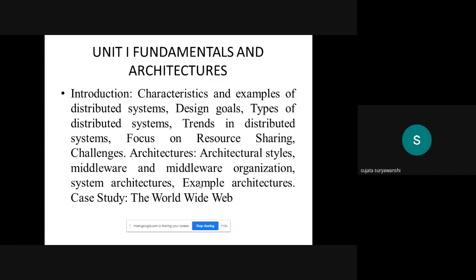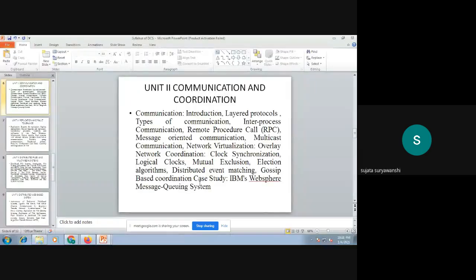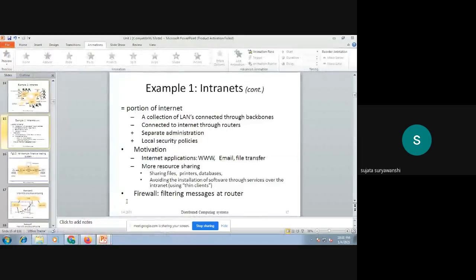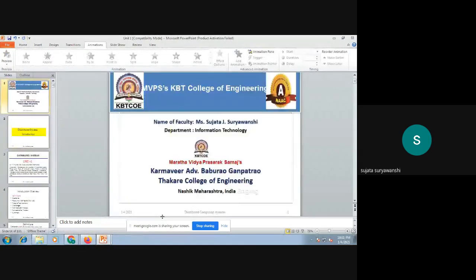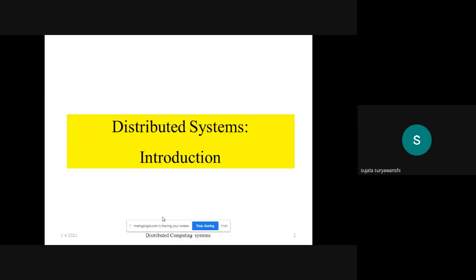Now the next slide is just for the syllabus of all the next units. So we will directly start with your first unit. Okay. So here, we will start with your first unit, that is introduction of the distributed system. As I told previously, the name suggests distributed means it is the system made up of different components. Okay, so all the components of the system are distributed at remote locations to solve a specific task.